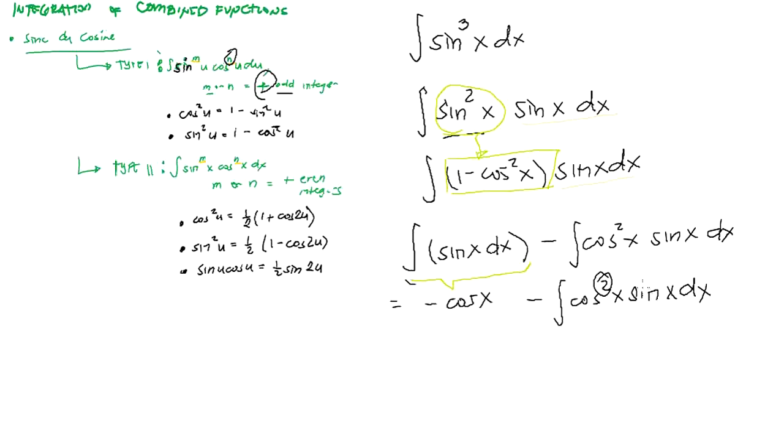So this is under type 1. And as you noticed here, the derivative of cosine is just the sine x dx here. So let us use the change of variable. So let u is equal to